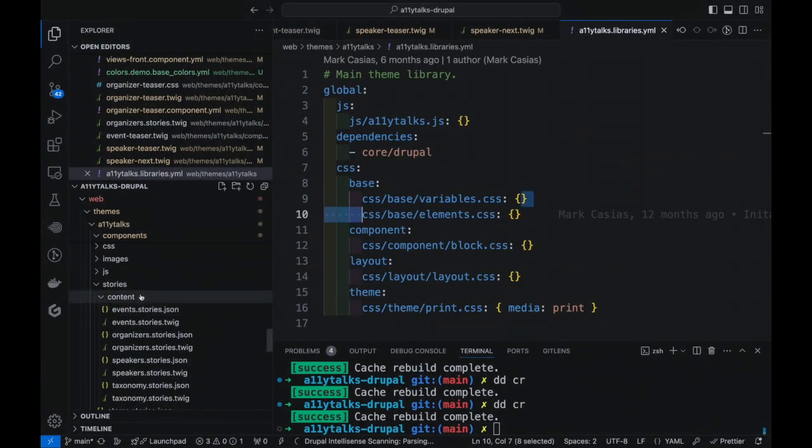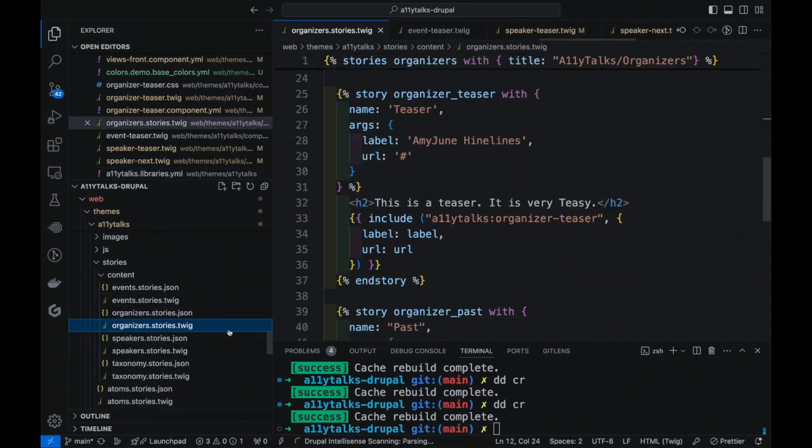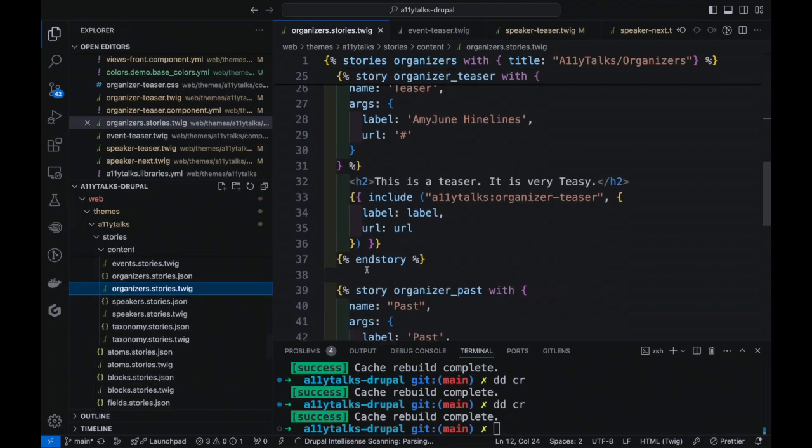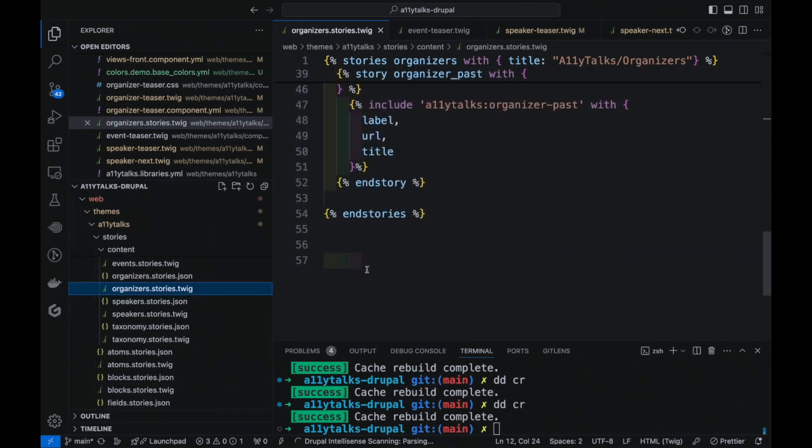The stories themselves are even written in Twig, and then compiled into a JSON file. It's like you're writing your own template file through a story, which makes your life a lot easier when you're writing your stories, instead of trying to write another JSX file that outputs Twig that outputs a JSX file. It's very, very not fun.